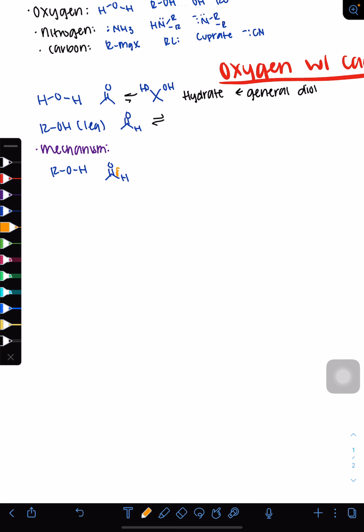So this is delta positive, and this oxygen delta negative. Then this R group is going to get attracted to this carbon here, which would then make this double bond go back to the oxygen. And then this hydrogen will also come off of the oxygen